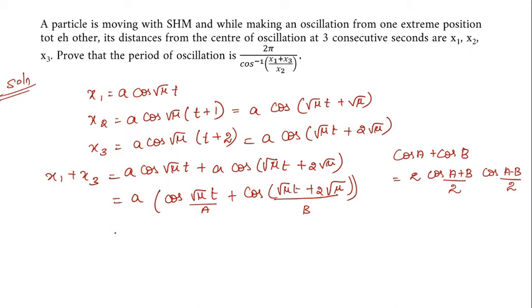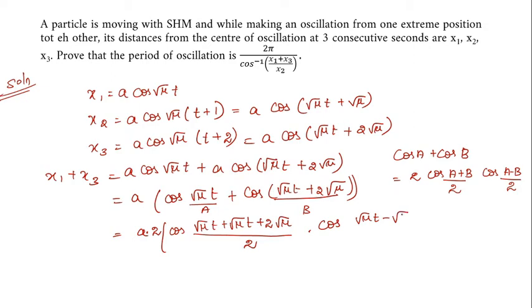So it will be a into cos of, we are going to add A and B. So it will be root mu t plus root mu t plus 2 root mu divided by 2, right? And there is a 2 also, so you can write the 2 outside. So 2 into cos of A minus B. A is root mu t and minus B, so you have to multiply with minus, so it will be minus root mu t minus 2 root mu